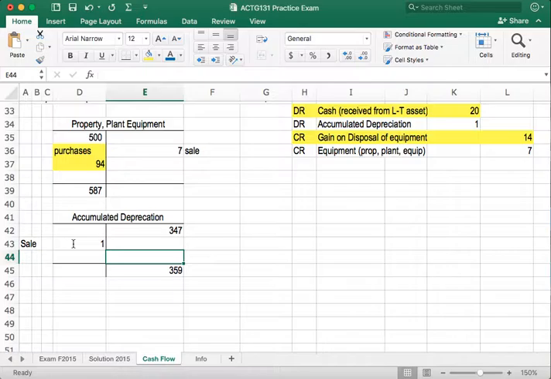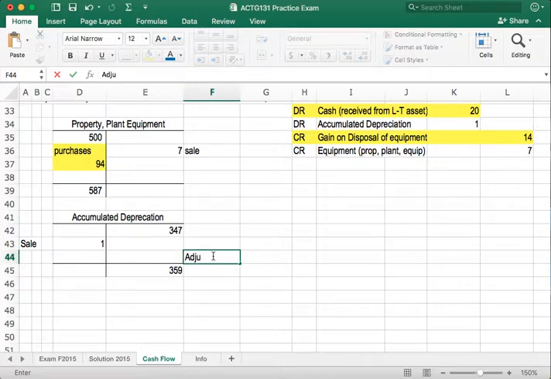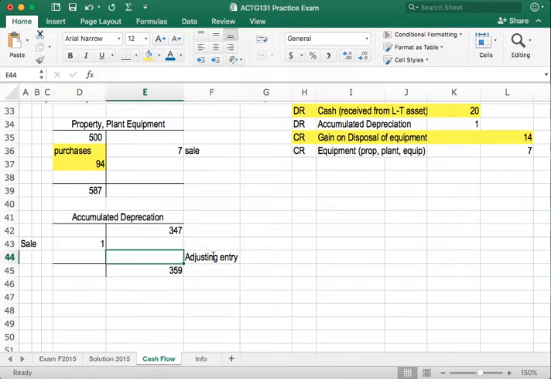The items that would increase accumulated depreciation are, it's not items so much as it's the depreciation adjusting journal entry. If you remember that from your adjusting entries back in financial accounting. So this is the adjusting entry. So we need to figure out, if we begin with 347, we subtract 1, and we end up with an ending balance of 359, what is the adjusting entry? So 357 less 1 equals 356. The difference between 356 and 359,